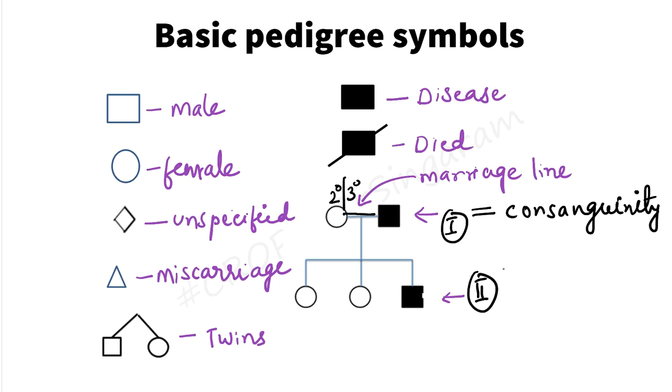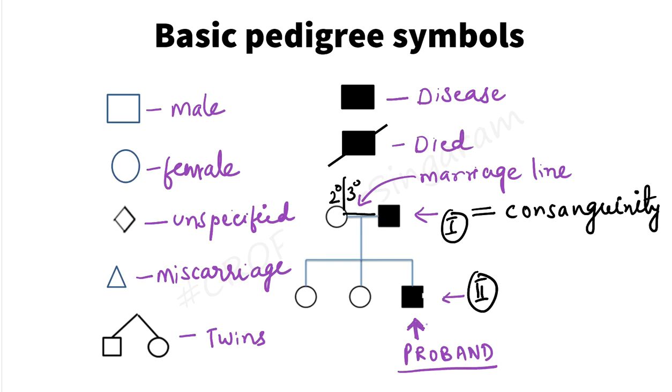Now you can see that in this particular pedigree which is given, the two males are affected. Now suppose I put a mark like this for this particular male. It is called a proband. What is basically a proband? Proband refers to the first person in the affected family who comes to medical attention. You can see that both the father and the son are affected, but it is the son who is coming first for medical attention. So the patient who comes first to medical attention is indicated by an arrow like this, and that is what we call a proband.